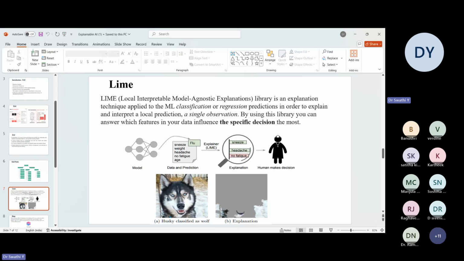And one more example, if you're seeing down here, there are two diagrams. One is this wolf, and one more is another image down there. This diagram is basically to classify whether, based on these images, it is a dog or a wolf. But sometimes what will happen is our normal machine learning models will see the background and the shape, and give incorrect predictions like wolf. But if I'm using the same thing with LIME, it will eliminate all the background, and wherever the required features are there, only that it will consider and give the predictions. So that also will be done using this LIME tool.